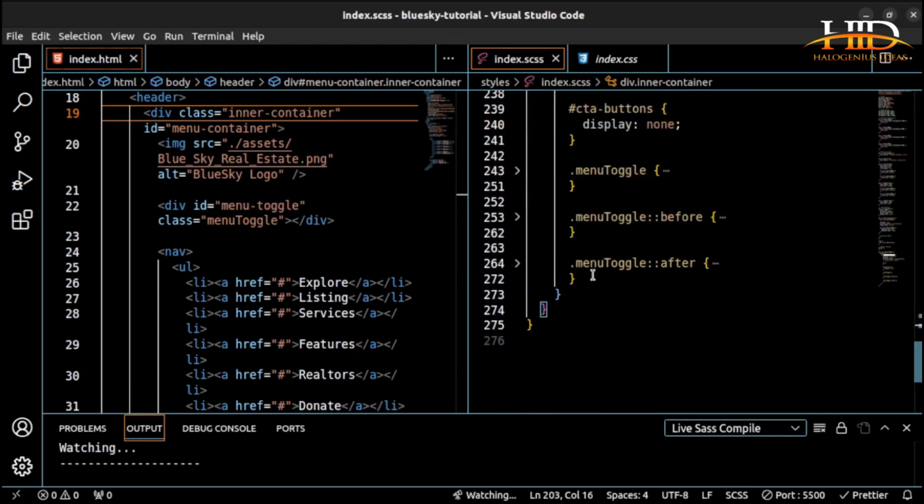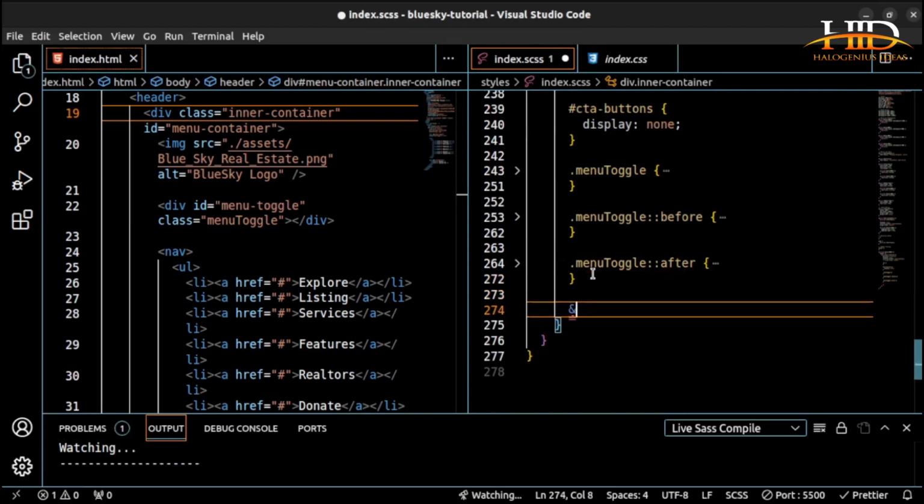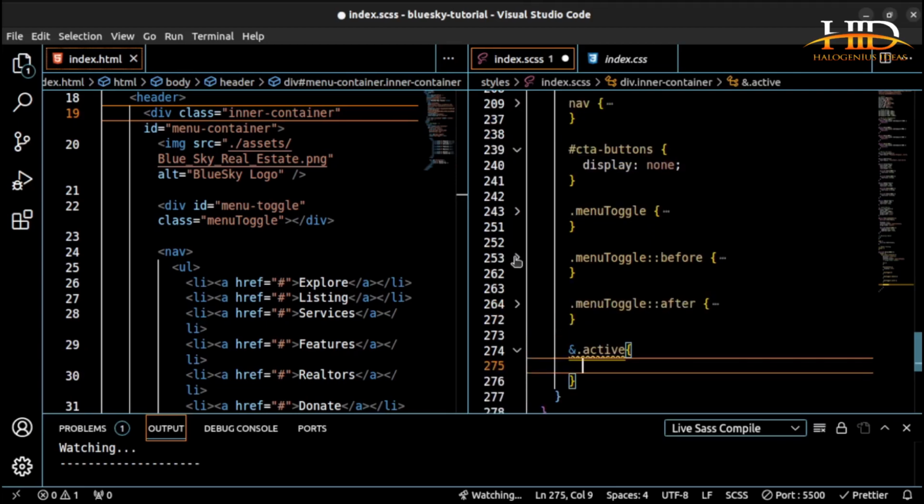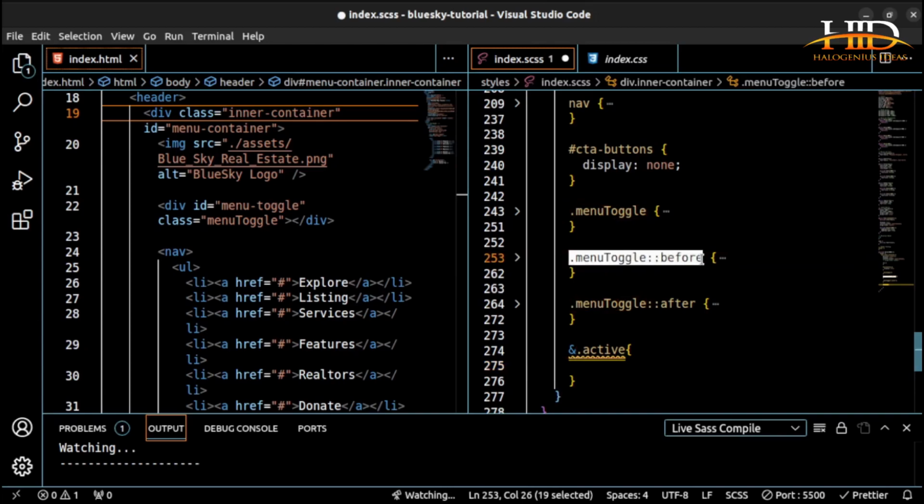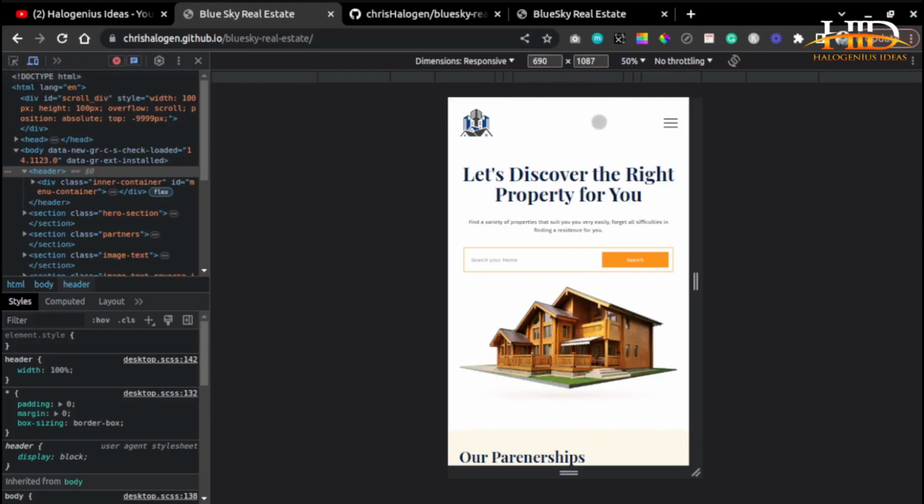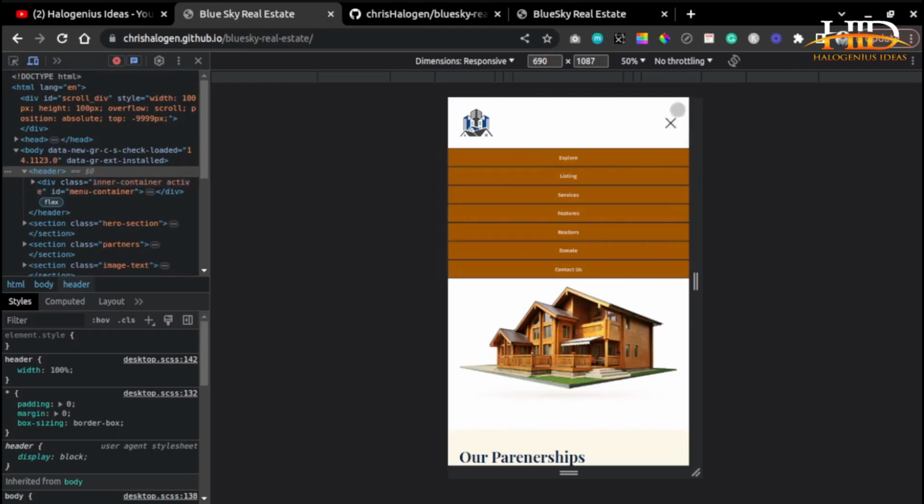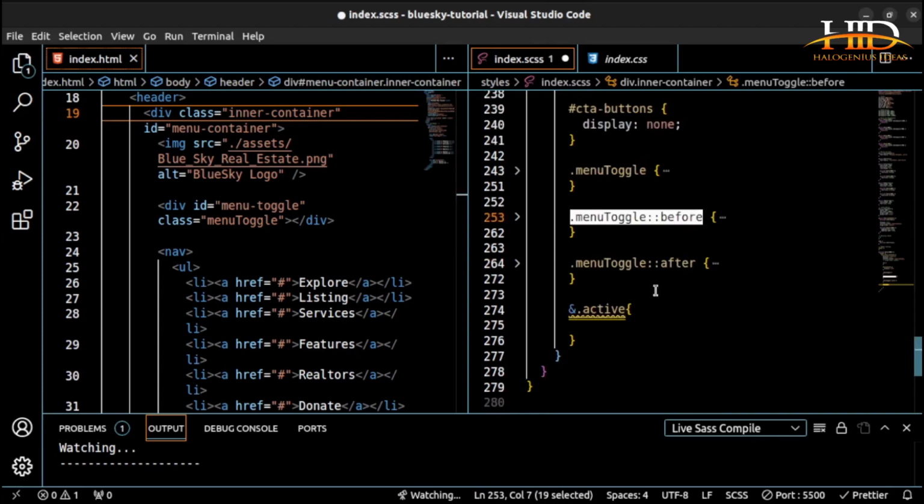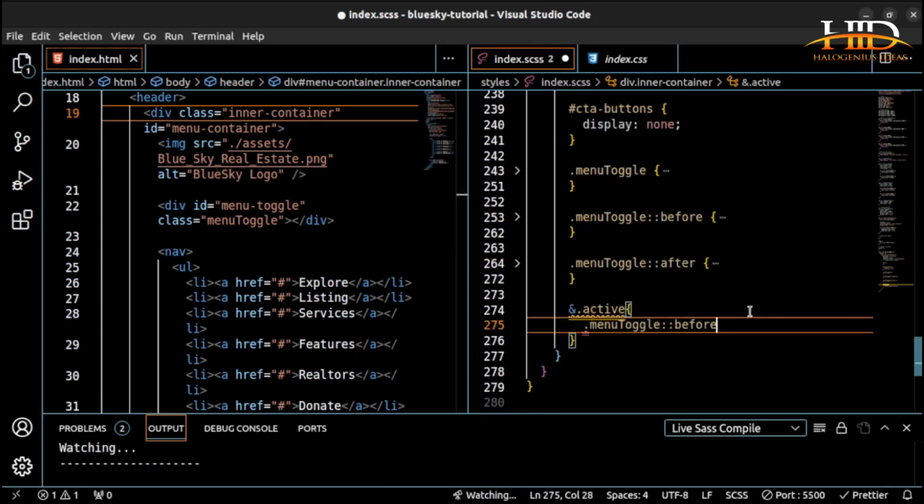So for this one, you just have to come here and add the dot active. So I'm creating the active state for the mobile menu. So for this active state, this menu toggle before, if you look at this one, when you click on it, the menu shows this X that I have over here. So basically I'll be rotating one to the left, then I'll be rotating the other one to the right. So how can I do that? Menu toggle before, so for this one,